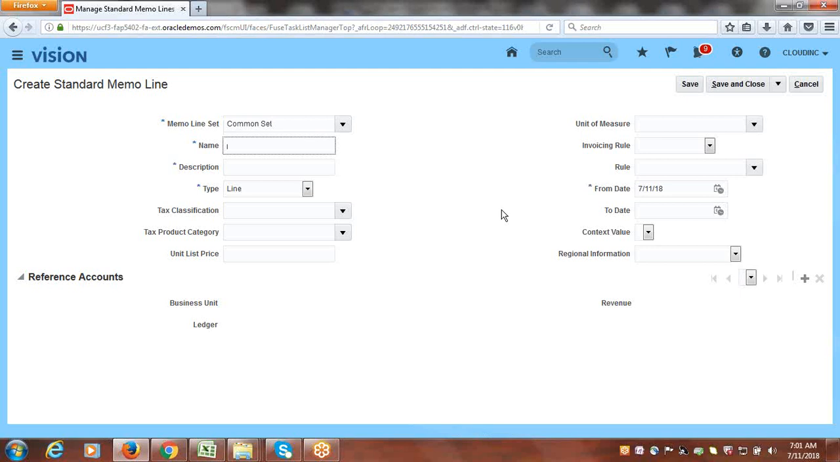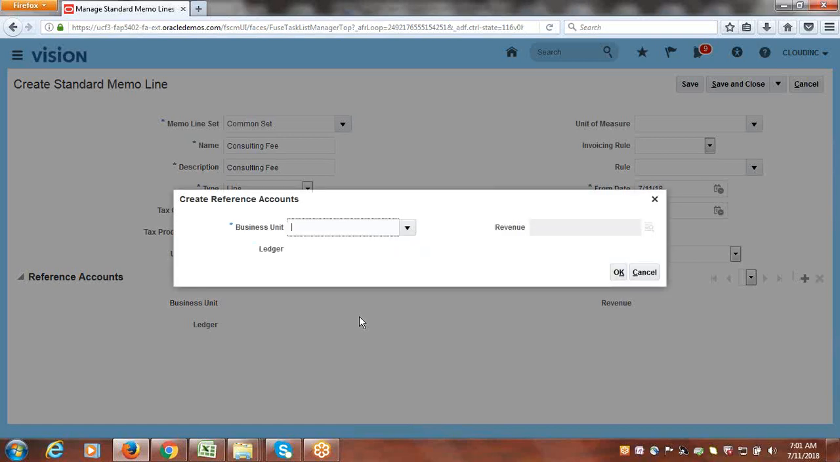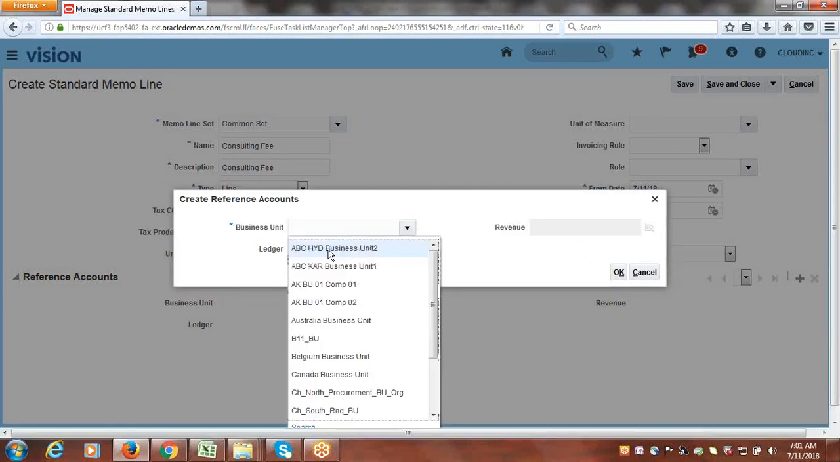So memo line is basically for non-inventory items, services, say consulting fee. Okay, and if you have a plan of, okay, we'll see that. First, we'll assign this memo line to our business unit. Cloud INC